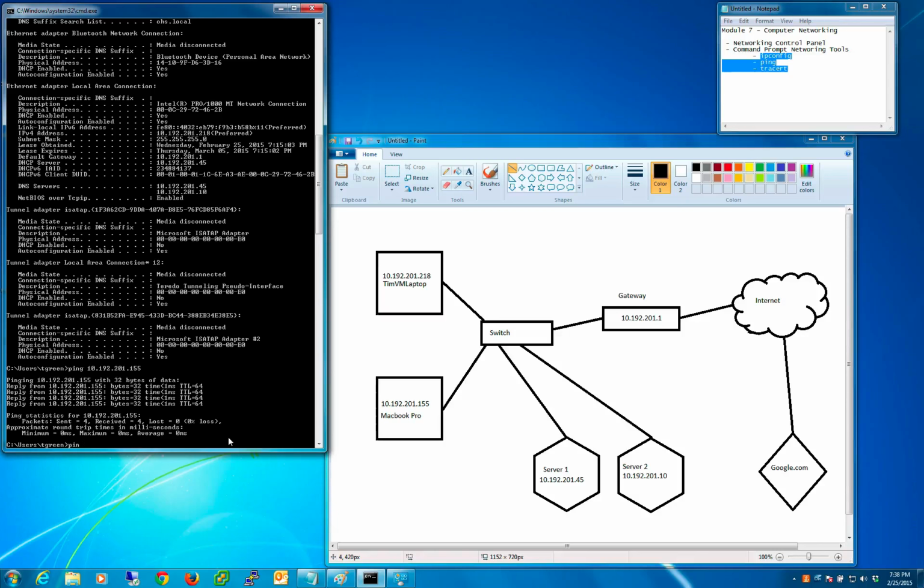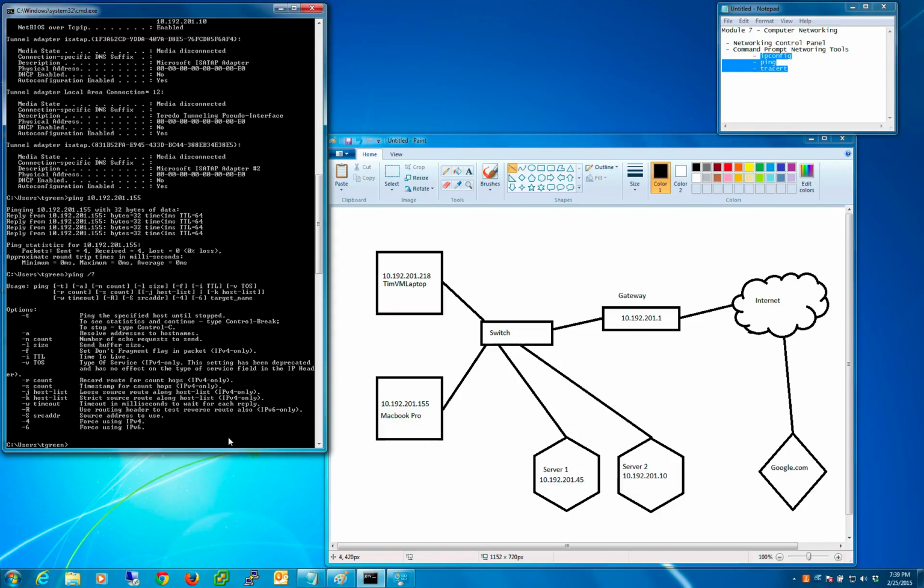Now the ping command has a few different command line switches that we can look at. I'll just show you one of my favorites, or one of the more useful ones, and we'll do ping ? And that tells us what we can do. So ping -a will actually resolve addresses to host name. So let's say we knew the IP address of this MacBook Pro, but we didn't know the name of it. We can figure that out by just pinging it with the ping -a command. So ping -a,